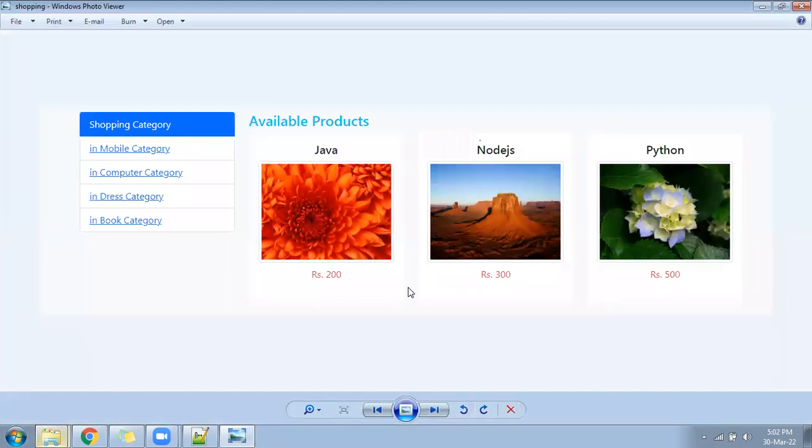Image and list group that you have covered, this is nothing extra. Image and list group you have already seen. Take a screenshot of this.